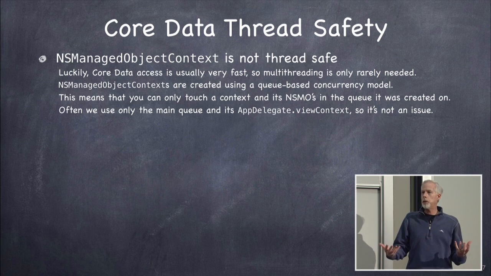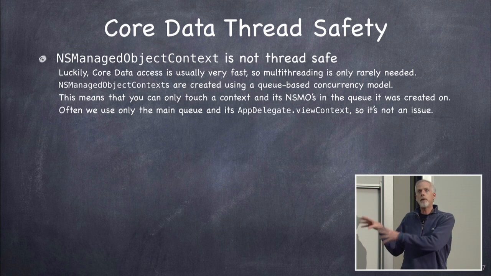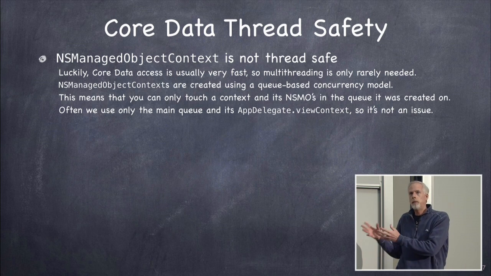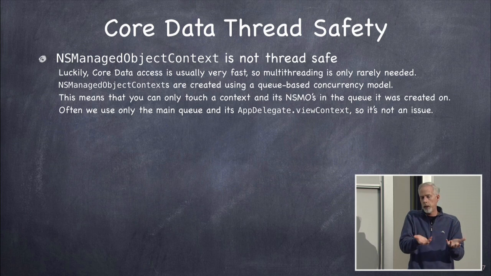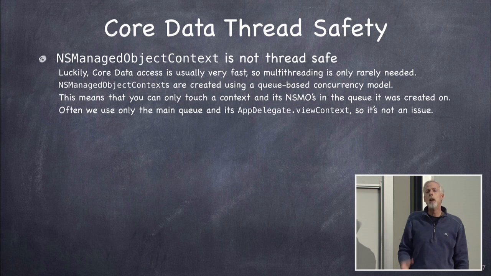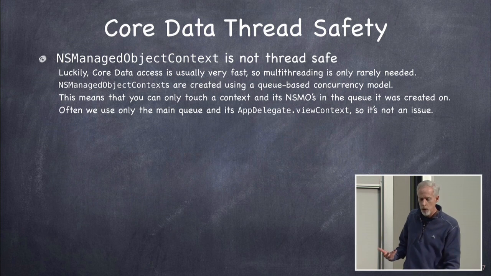Because with a database, especially, you can imagine wanting to load your database off the main queue, because you might be loading lots and lots of things. Now your queries, you're probably going to do those on the main queue because the user's looking at that information. You want it to be highly responsive. Core data is super fast, especially with queries, so you could probably do that on the main queue. But loading it up, you probably don't want to do that. All right, so how do we do multi-threading?